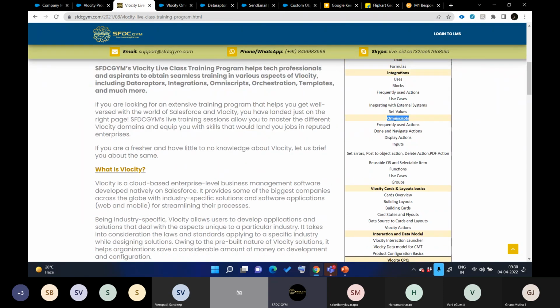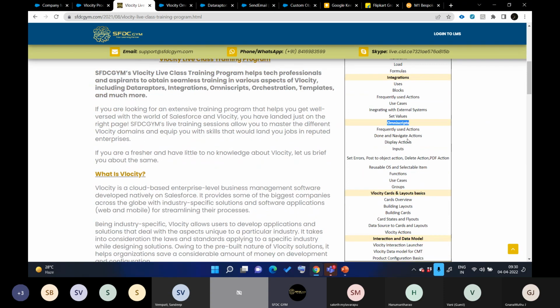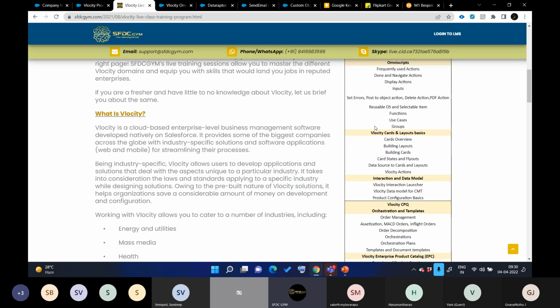Like I said, in OmniScript, we will learn how to display the data, what type of field we want to display, whether we want to use an LWC UI or a normal UI, that totally depends on it. And this is the gateway of calling your LWC component as well, where you need to change the layout, where you need to change the look and feel, or you just want your data raptor as an input and you want to run your own logic to optimize the UI. In that case also you need to go for LWC. So this OmniScript is the gateway. We will discuss about this also.